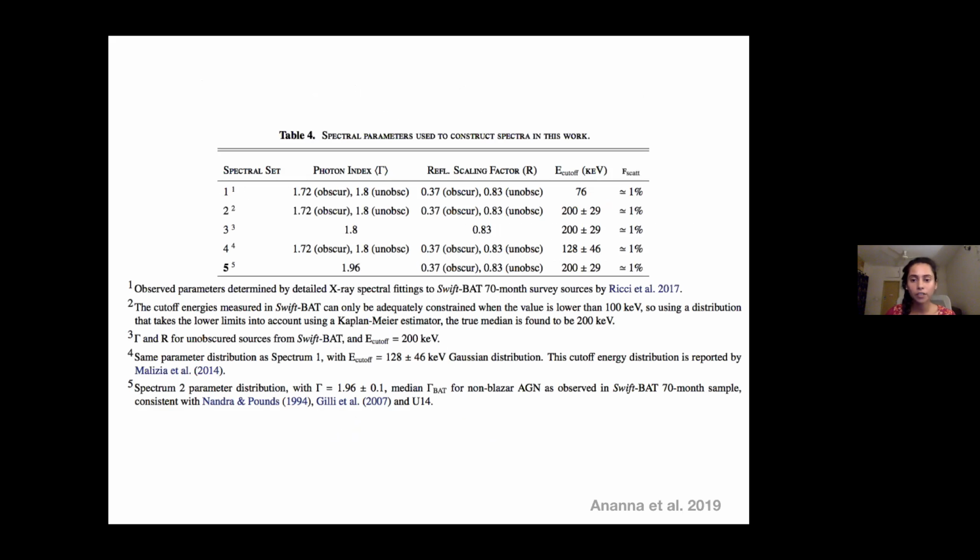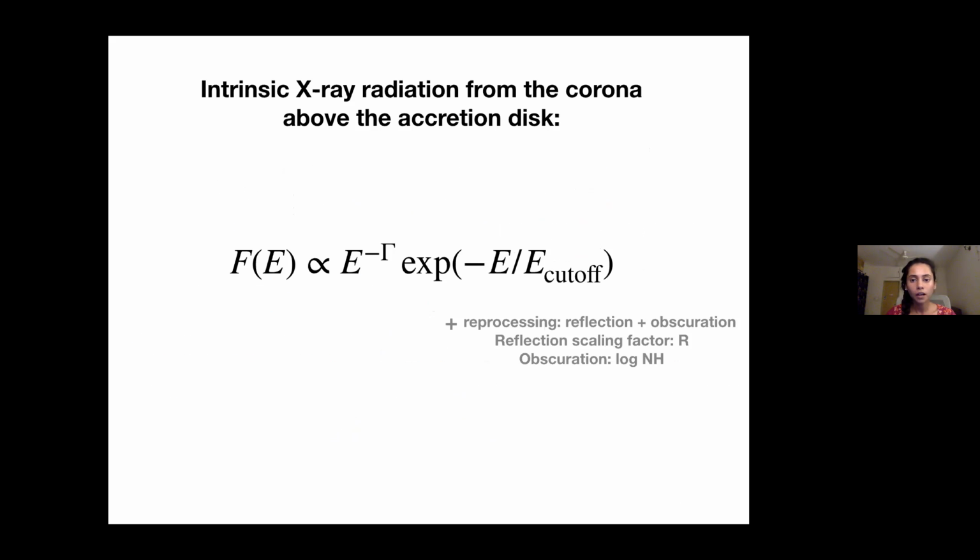Okay, so here we present some observed samples. There's a disagreement, for example, in cutoff energy. And even though the difference between 1.96 and 1.72 doesn't seem like a lot, if you look at these intrinsic spectra, if we decrease this gamma too much and increase the cutoff too much,